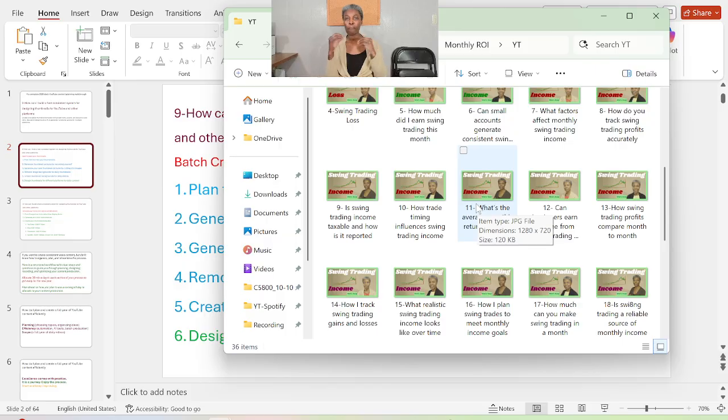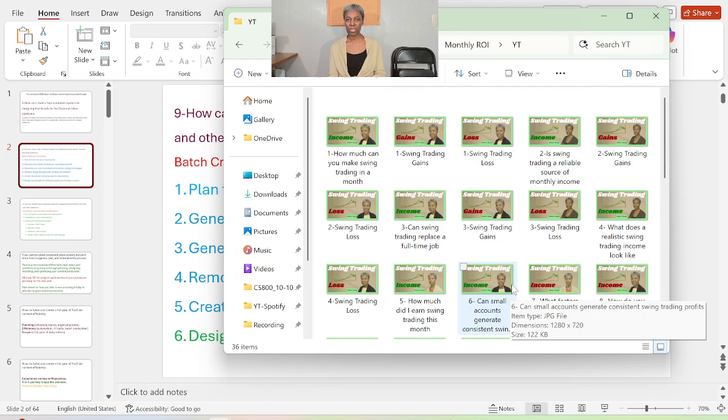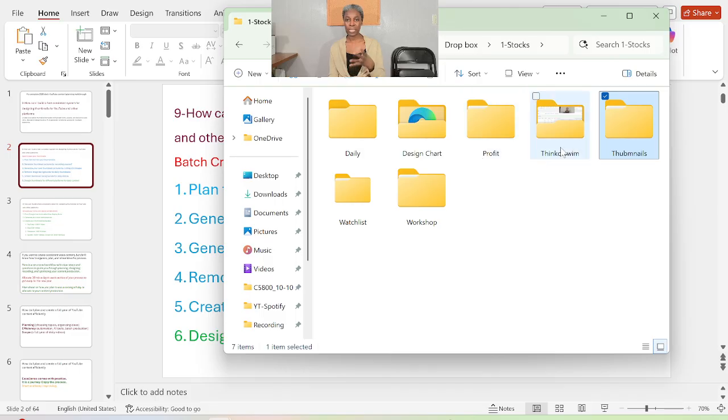I try to have it generic in a way that I can use it multiple times. If the content is a little bit related to that type of thumbnails, I'm okay with it. So I have income and gain type of things, and I created a bunch of them here, 26 or so, using gain, income, and different colors and different pictures of mine to create that variation. Those are the ones that I'm using now as I'm creating daily